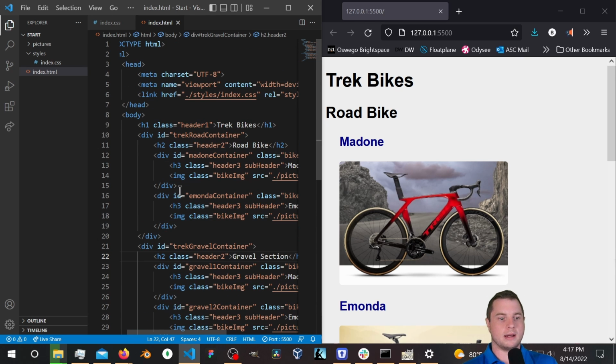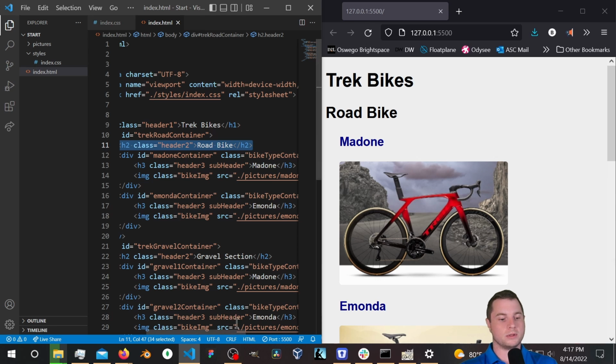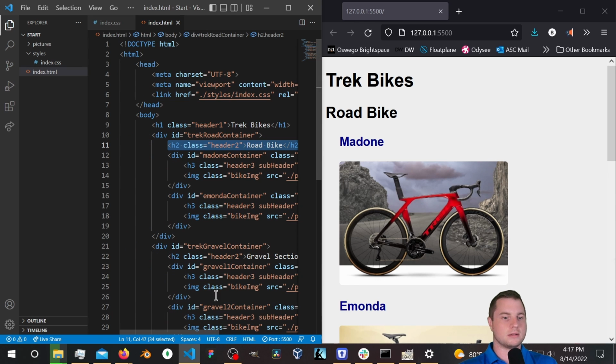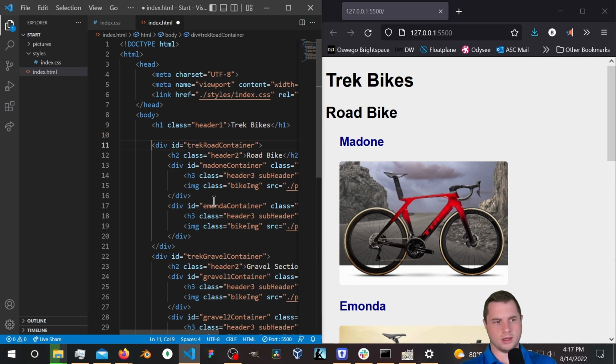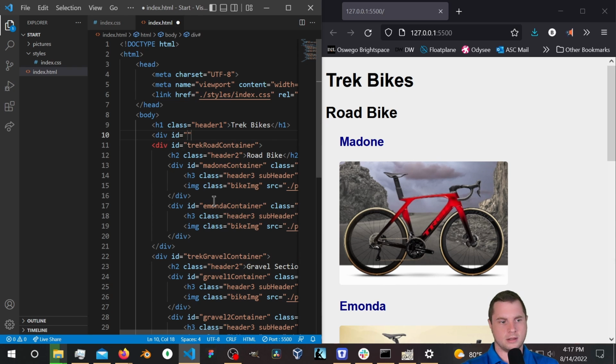All right. Now, one of the things that we ran into last time was this H tag getting in the way with our containers. We also made an extra container, so let's go ahead and do that as well. So we're going to go div here, ID, trek bike container,